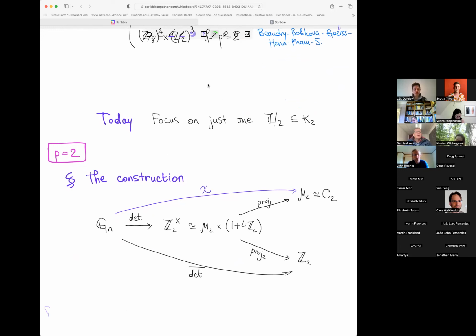This thing that I called the construction is the section title. So I'm going to try to show you a construction for a generator of this ZMod2 inside of kappa 2. But in order to construct it, first we're going to need to talk about certain maps associated to our stabilizer group Gn. So there's this determinant map